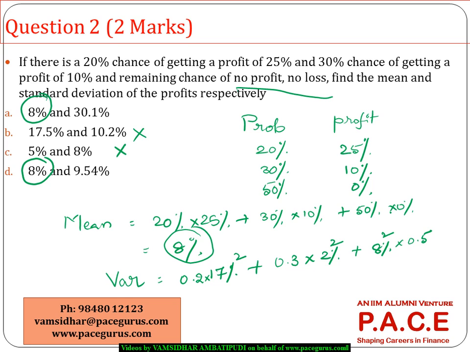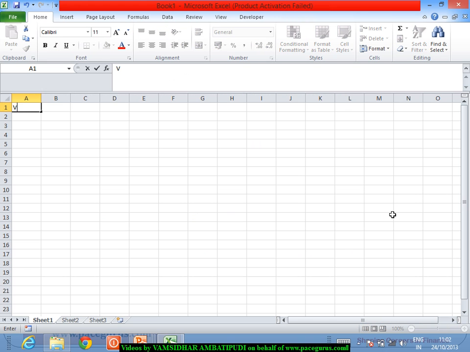So let me use a spreadsheet to compute the variance. Alright, so my variance is nothing but 0.2 times 17% squared plus 0.3 times 2% squared plus 0.5 times 8% squared. So this is what is coming out as the variance. Variance is coming out as